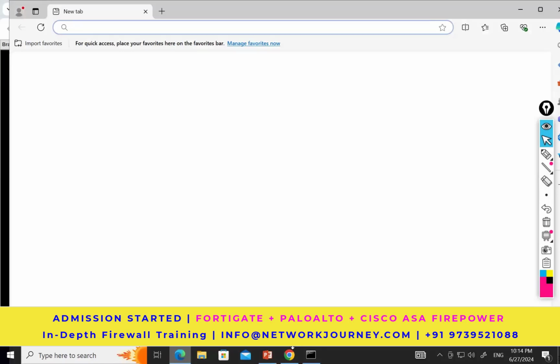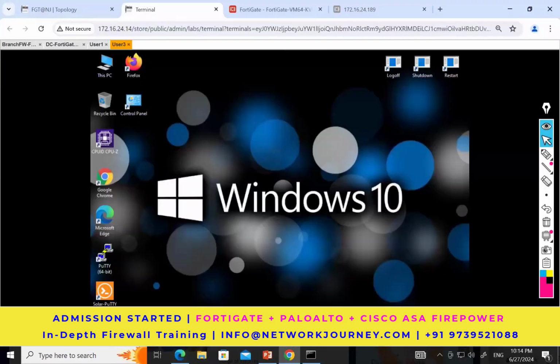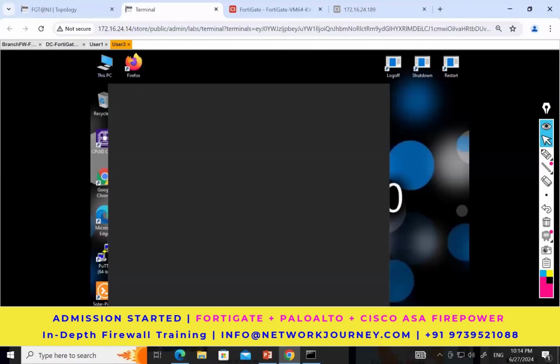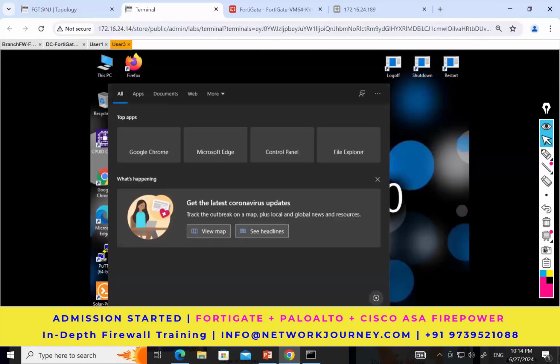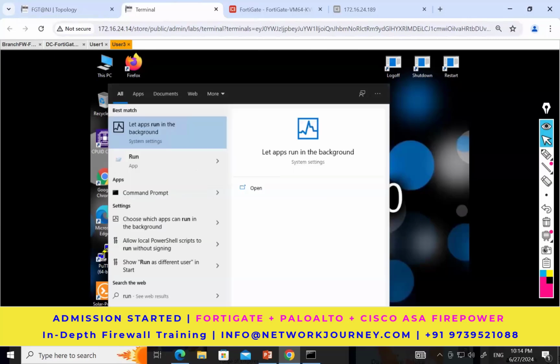Okay, let me move this up. Yeah, that's better. Usually it minimizes, and sometimes it takes time to minimize. Run, and I want to,